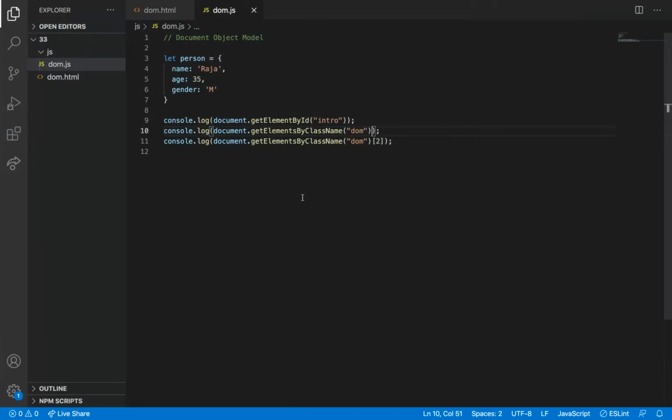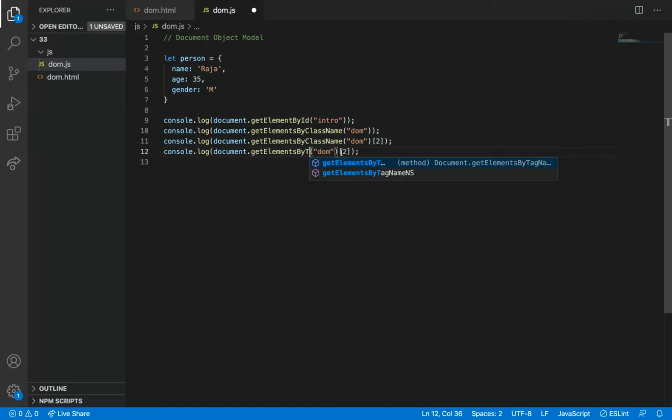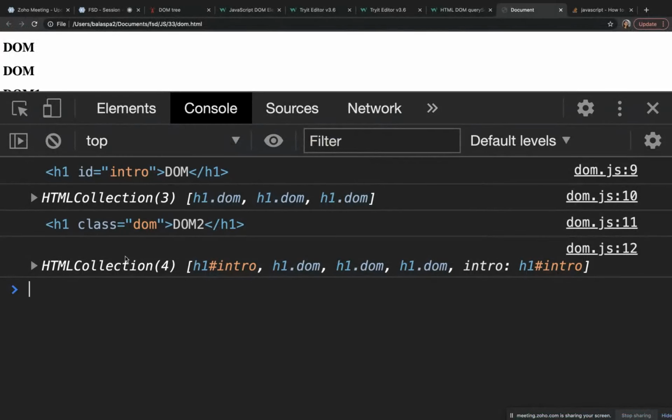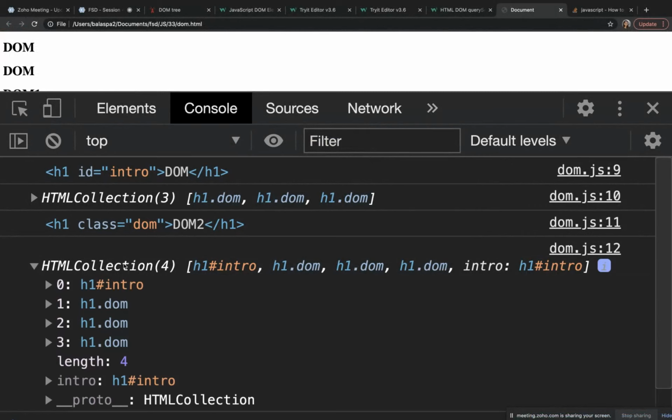Okay. What are the other things? Get elements by tag name. Tag name meaning, what are the tags here? I can say h1 is the tag here. So check how it is coming. This also comes as an array, an HTML collection.